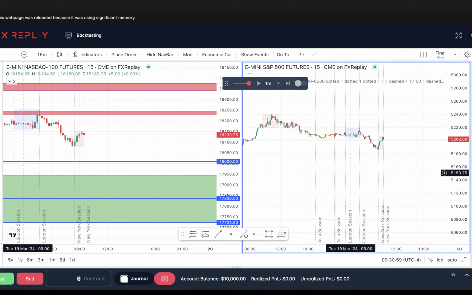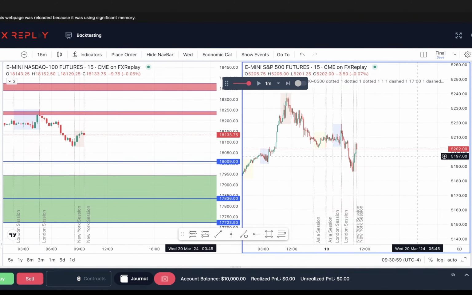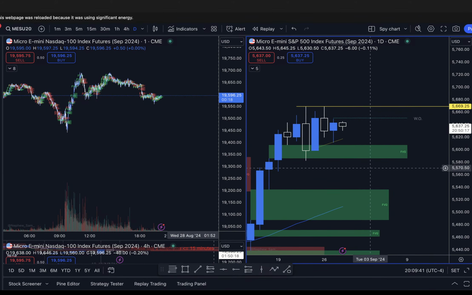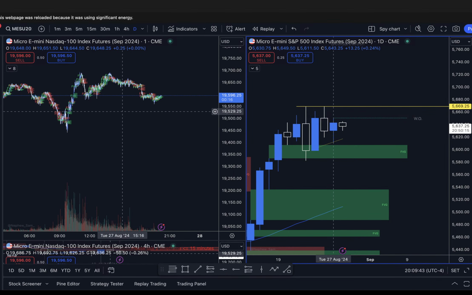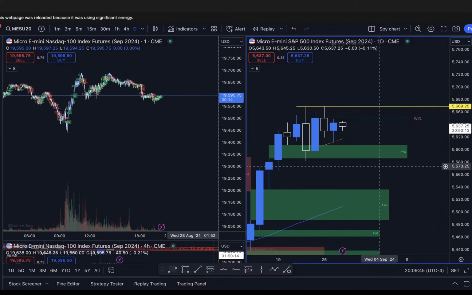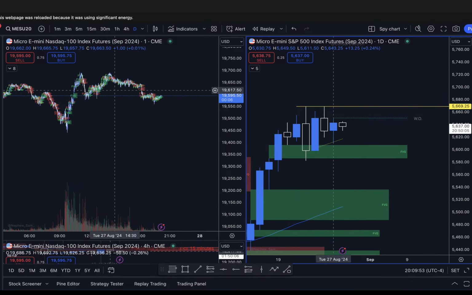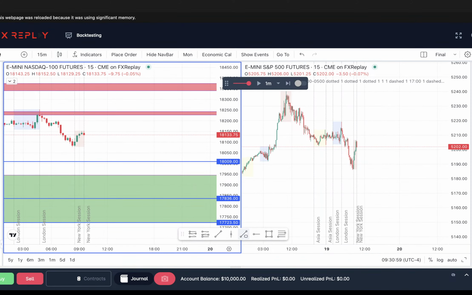I usually don't mark things on the ES unless it's major. As you saw on here, let's see what I have marked. I think I just had the high and the SMT. See, that's all I have marked on ES versus all the stuff I had on NQ. So I don't really mark a bunch unless I need to on ES. You can just kind of see the obvious. But today was a beautiful, easy setup day. I love when days like this happen. But let's see what we get.